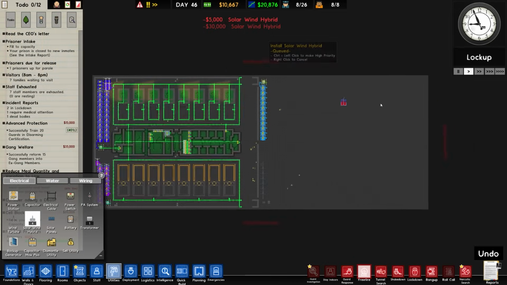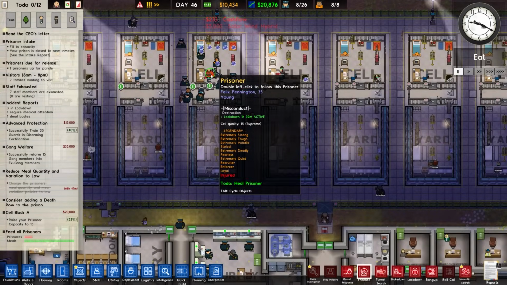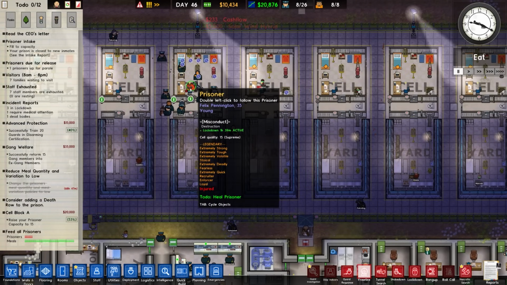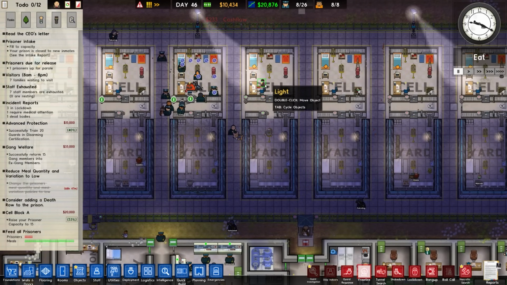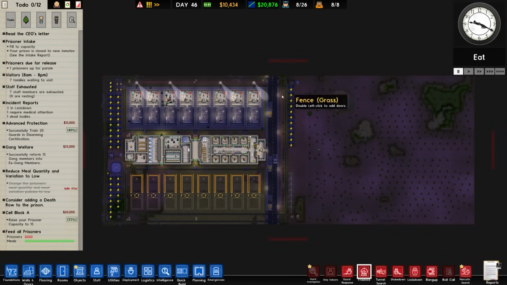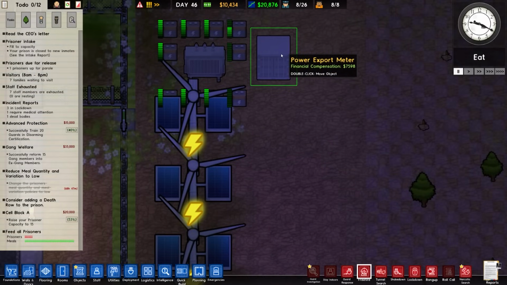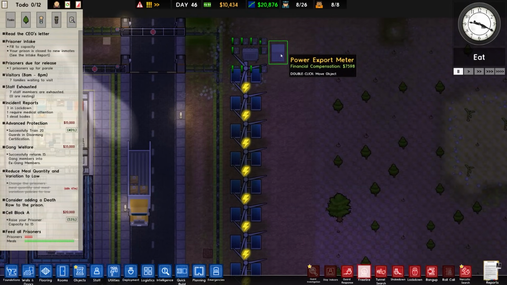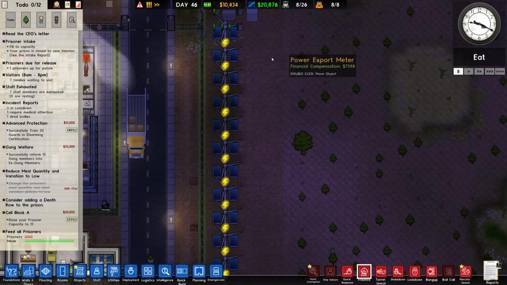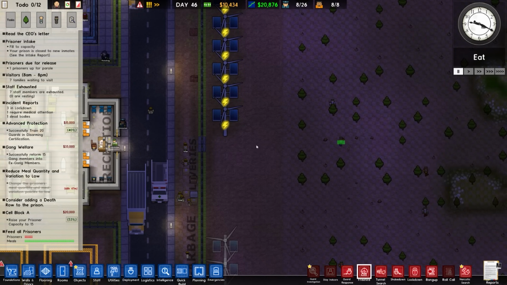We can afford 7 because it's close to time when we can crack on with the export, is it? Yeah, near 12, yeah. Financial compensation for this thing, by the way, is looking good. I could get more, and it probably would take that. But what I'd probably do is build another road down and have a power export meter here and do it